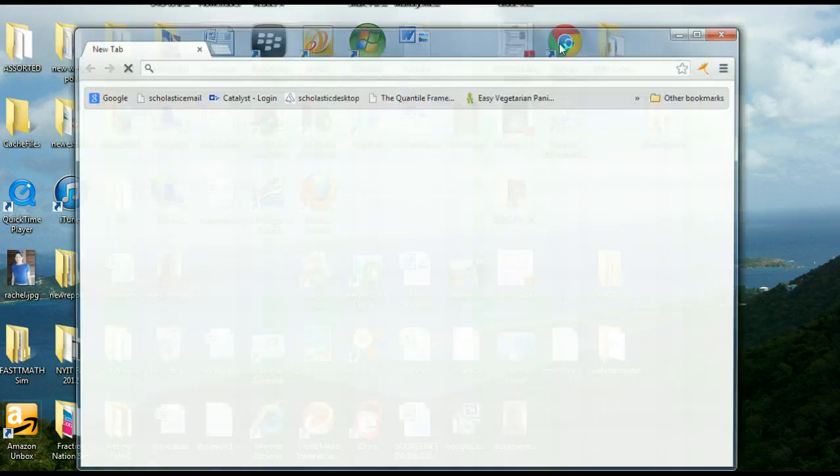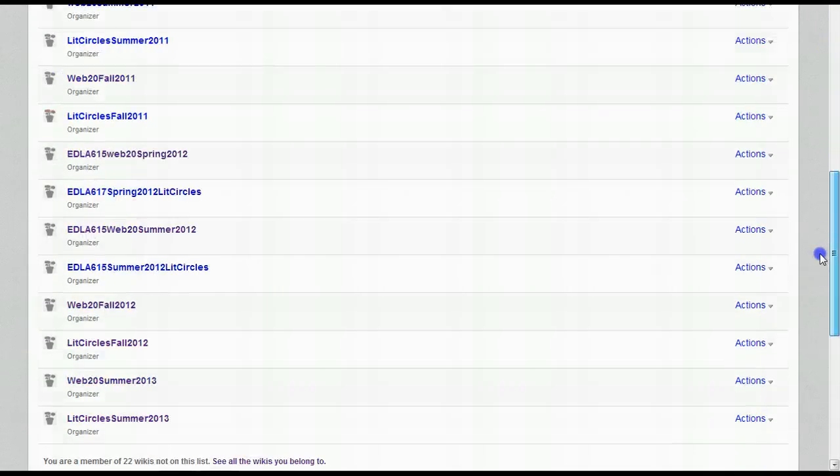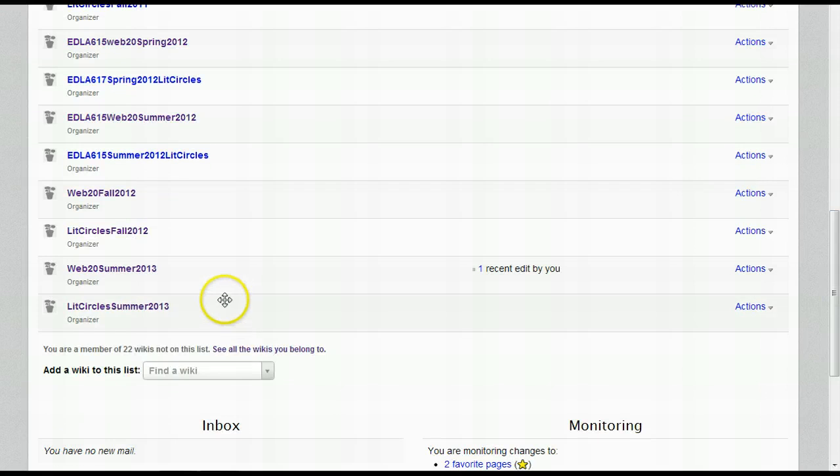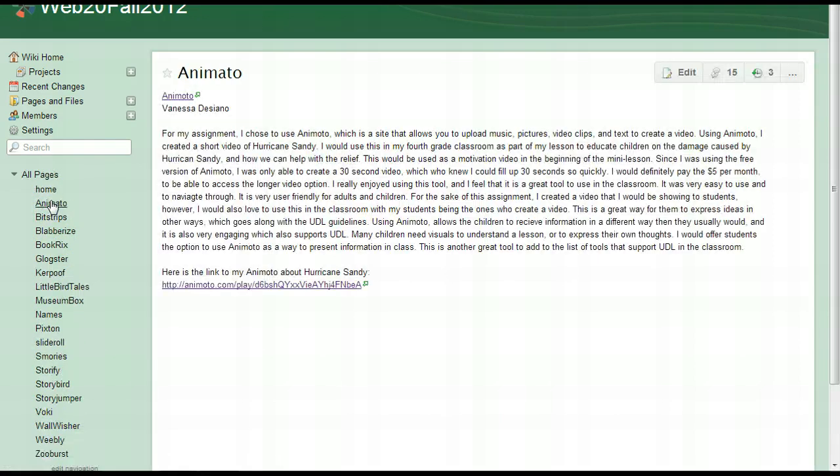Okay, let's go back to Wikispaces. All righty. And I want to show you something else. I'm going to go back to fall again. Okay, so you've completed your project, and the next thing that you're going to do is look to see what other people have done, because you are going to comment on their work. And the place you're going to do that is in the discussion area